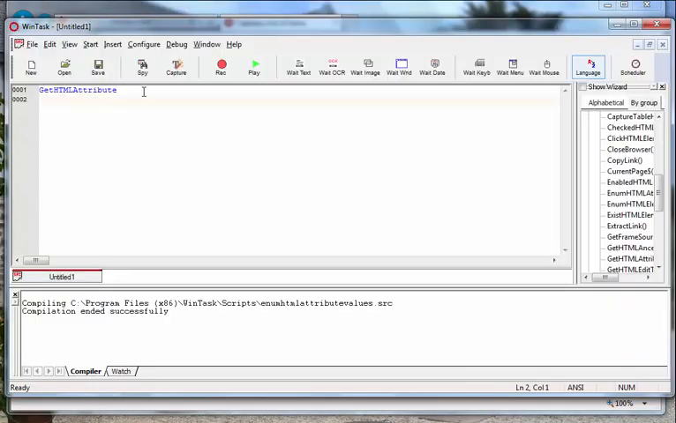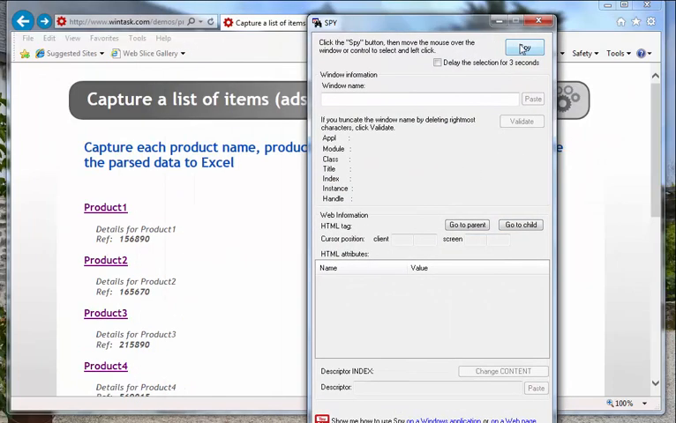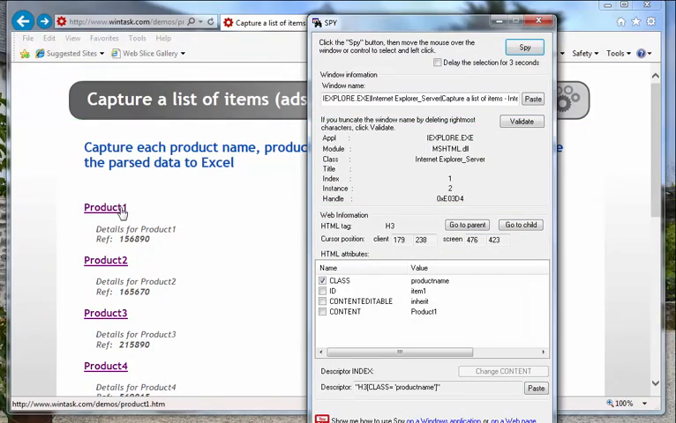If I spy a web object, so let's take this one, I have the list of possible HTML attributes for the descriptor, so class, ID, content editable. It's HTML5, so they are all with this attribute, and content gives the product name. So if I want to retrieve the value of the attribute content, I can click paste,